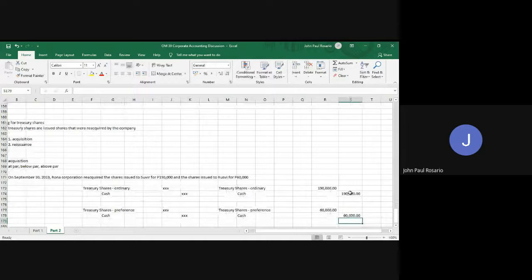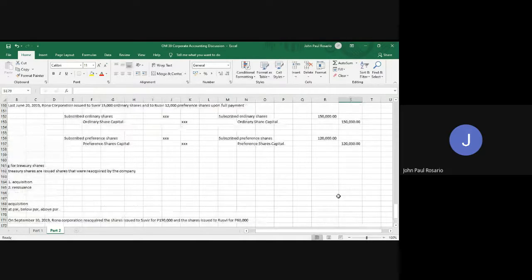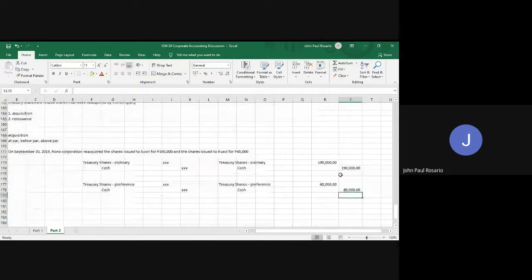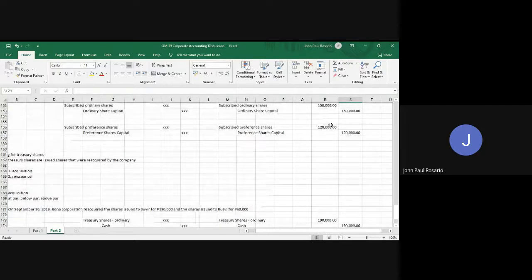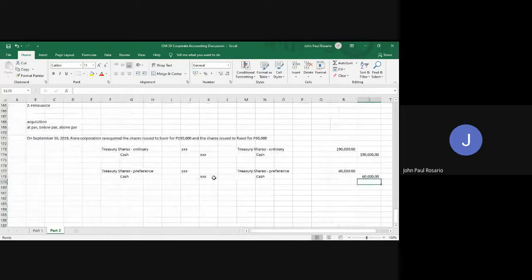As you can see, no? This one is above sa katong original cost, while this one is less than the original cost. Diba? So, again, wala tay care kung above ba or below sa original price ang atong pag-acquire. Basta ang atong pag-record sa treasury shares is kung pila ato ang gibayad. And then, naana yung reissuance of